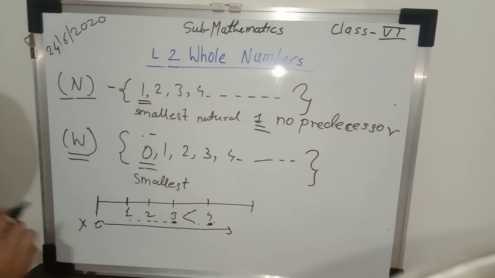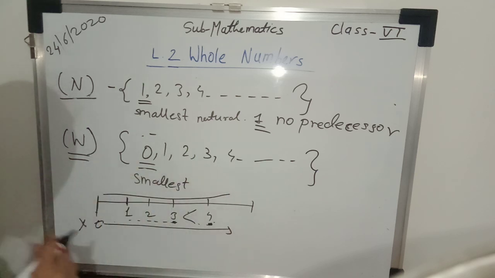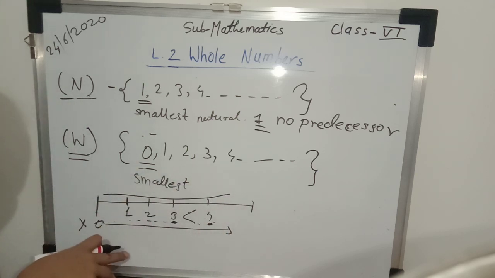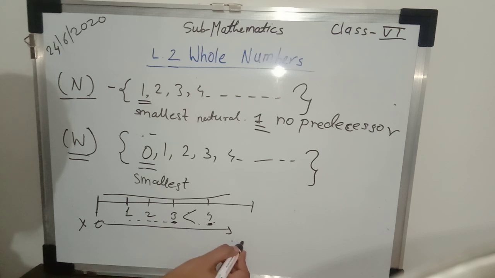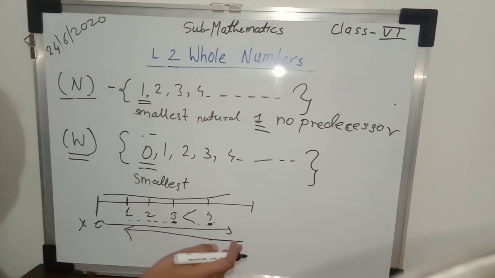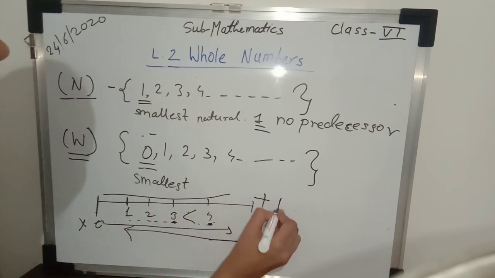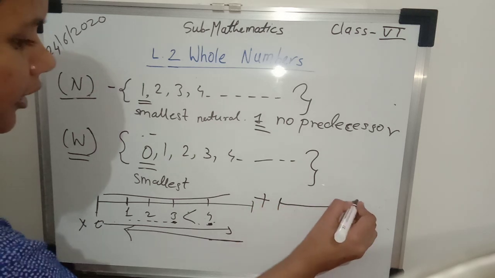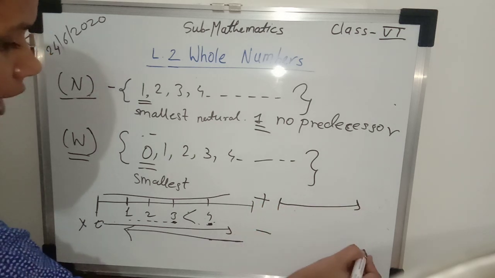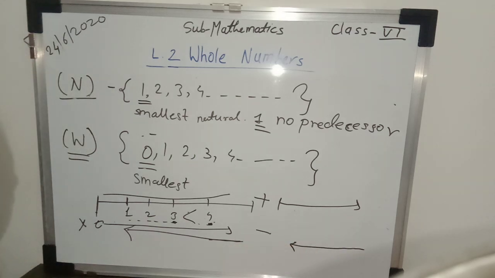The next thing we have seen: when we are adding any number, we are moving from 0 to the right side. But when we are subtracting whole numbers, we are moving from the right side to the left side, toward 0. So when adding we move from left to right, and when subtracting we move from right to left. So you have to remember these things. One more thing we have seen, that